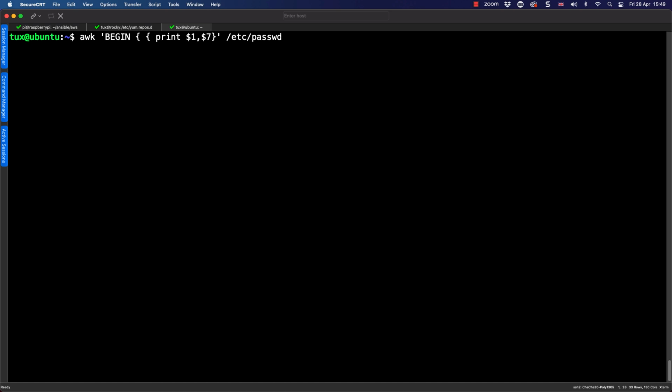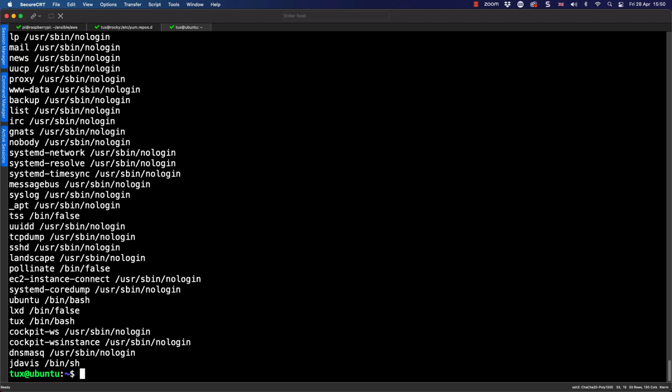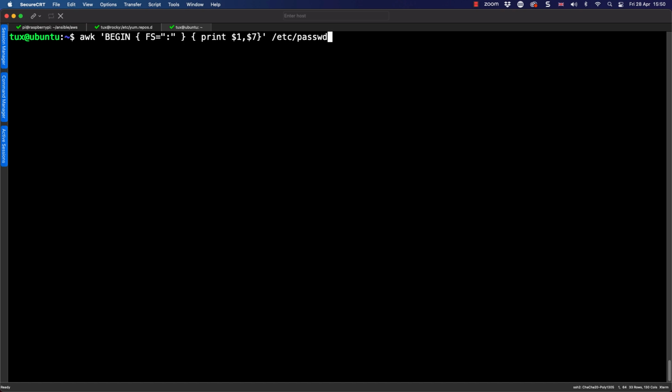The BEGIN block is processed just once for each execution, rather than the main block, which is processed multiple times. If I set FS equals, and then our double quotes with a colon inside, I can set up the field separator, so I don't need to worry about the -F. And of course, then it's all working the same.